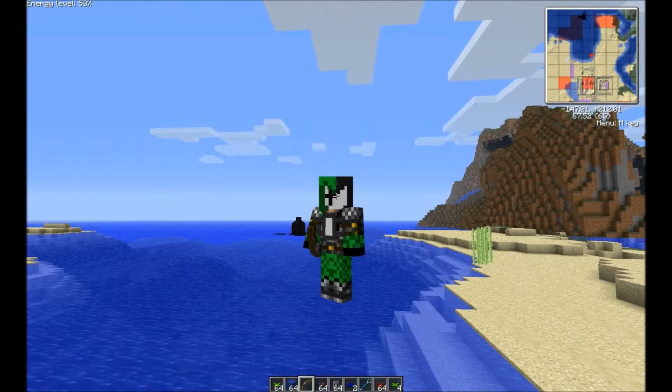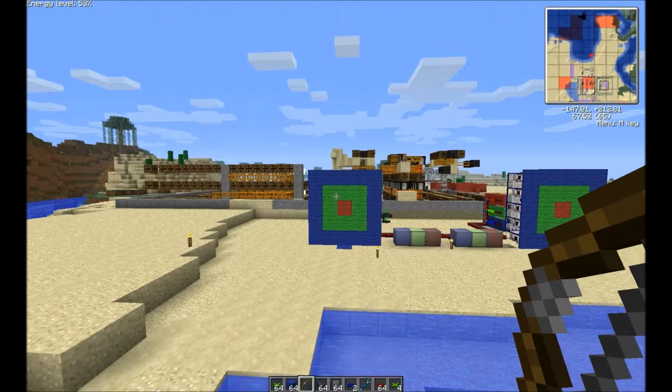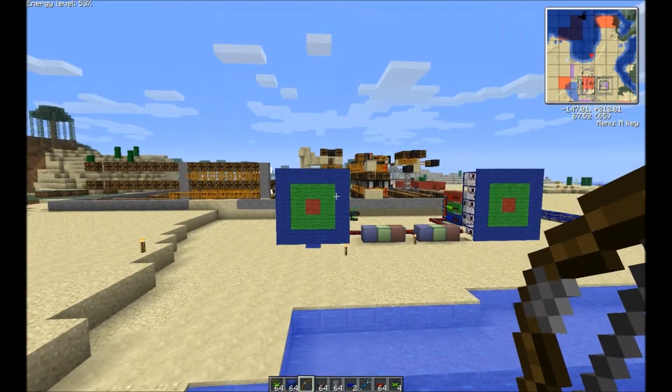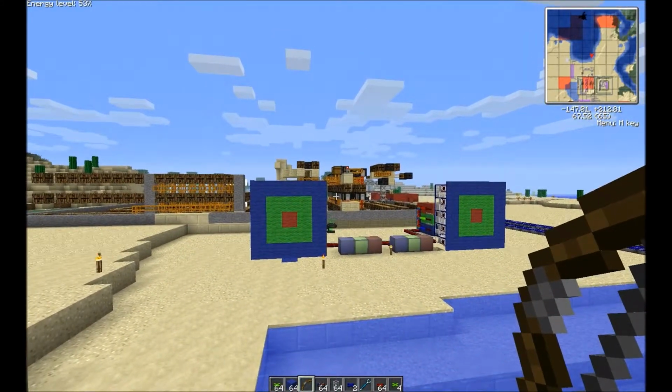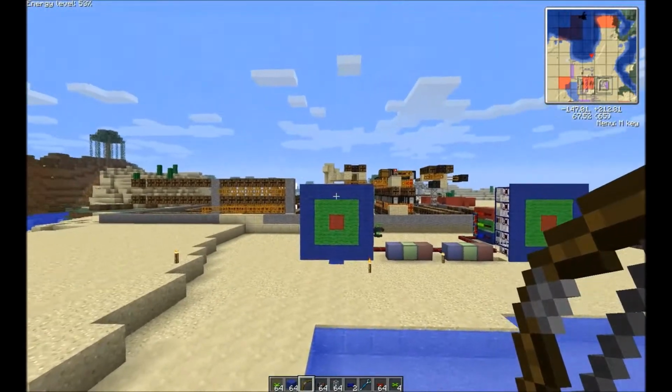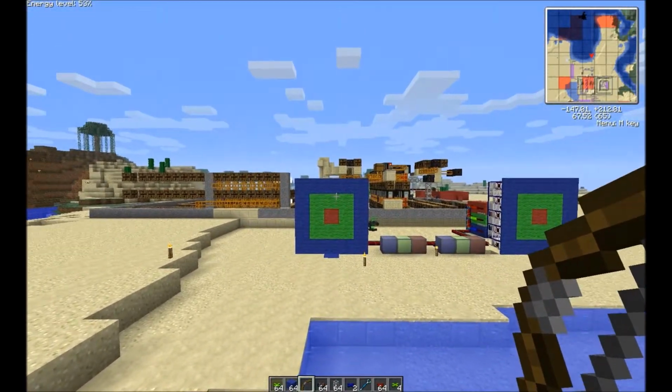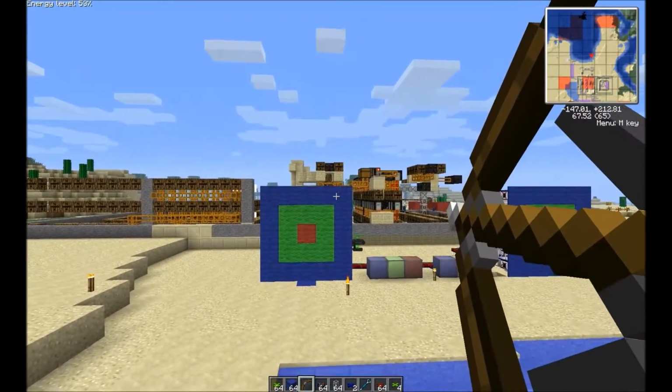Today particularly, I'm actually going to be talking about targets. We are currently working on a project to create an archery field for our server, and I wanted to create a target system that would detect where an arrow lands on the target. So in this particular case, I've made a 3-ring target, and this target can detect exactly where an arrow has